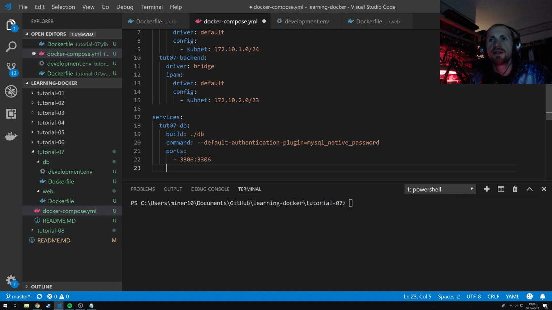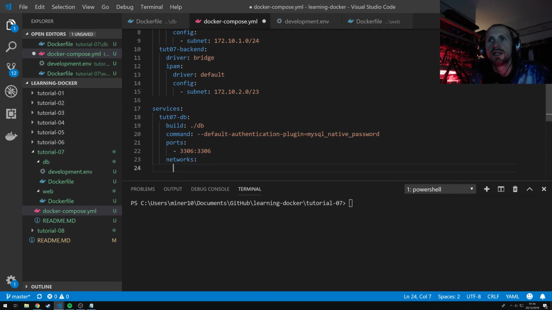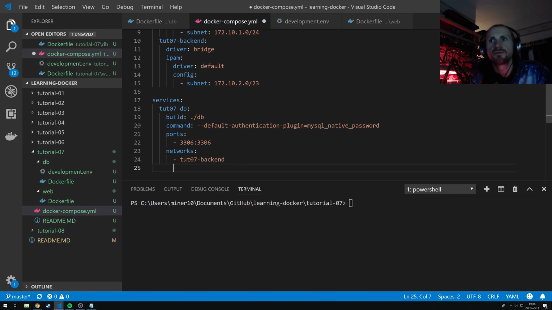Okay, so the next thing we're going to do is define our network setup. Now because this is only ever going to exist in our backend network, that's all we simply need to define. So network is going to be toot07-backend. And that's pretty much it. But we're also going to define our IP within the backend as well. And our IP is simply going to be stated